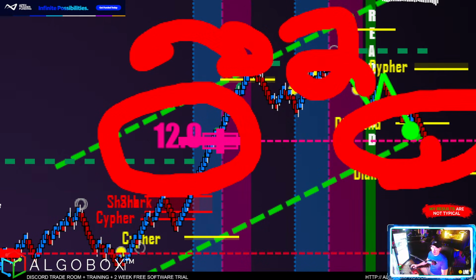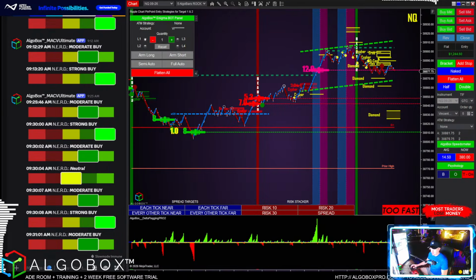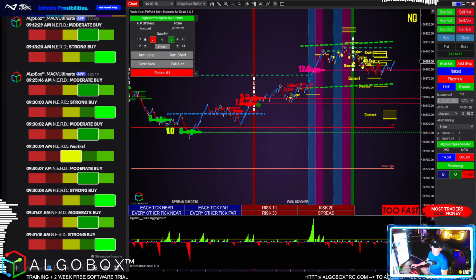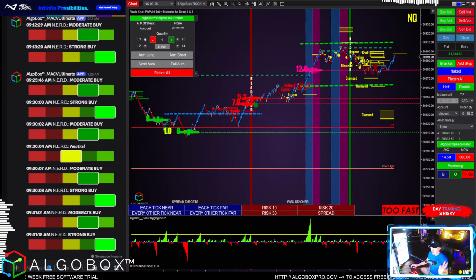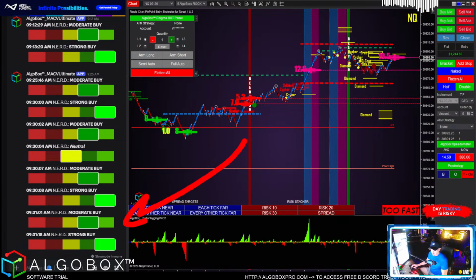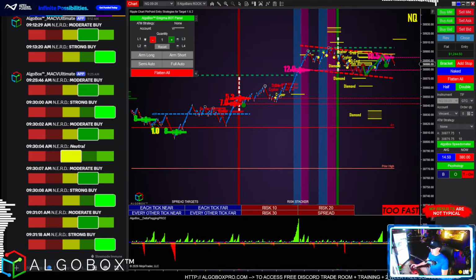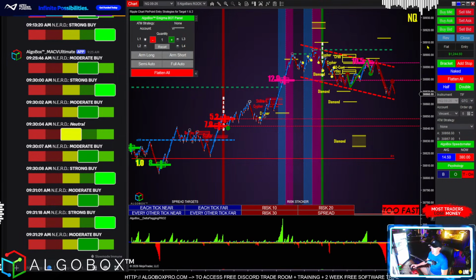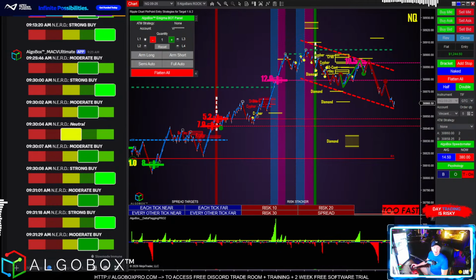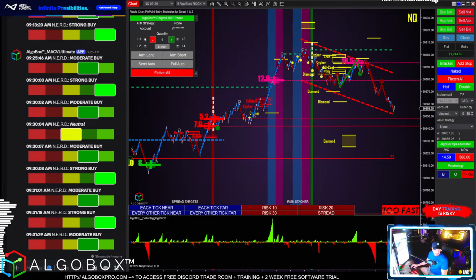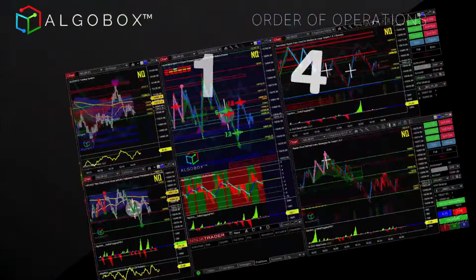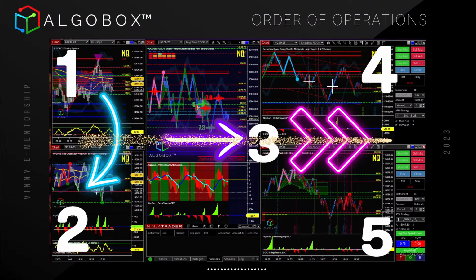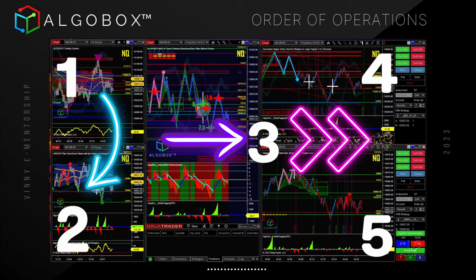Two things for my entries. Also, I want a 2-step filter on plays that I'm going to be holding a runner. I want the nerd plus the arrow, which is right over here on the right, that I have just out of line of sight here on the live stream. But if you have our layout, you've got this on your MACV chart right here. So if you're starting out with us, your 5-chart layout, I recommend you start with this so that you've got high time frame down to low time frame reading left to right,